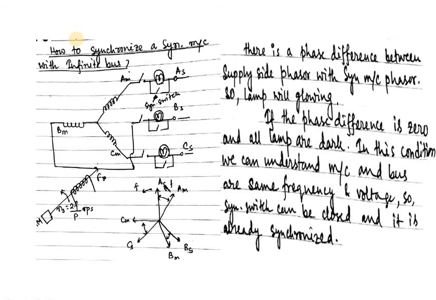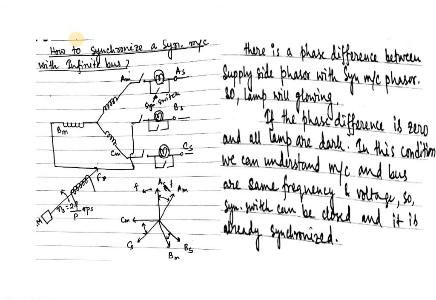So when we connect those synchronous machines together, definitely we need to maintain certain conditions. Otherwise, huge damage will occur and our synchronous machine and the total system will be shut down, or larger damage can happen. So, to overcome this situation, definitely we need to do some test on the synchronous machine to know whether the synchronous machine is synchronized with the infinite bus or not.